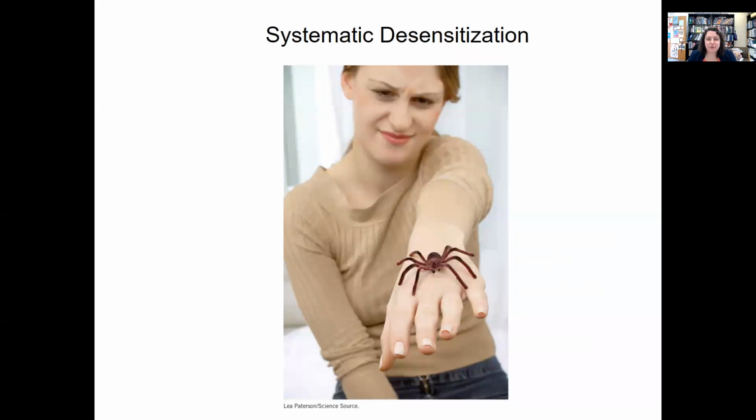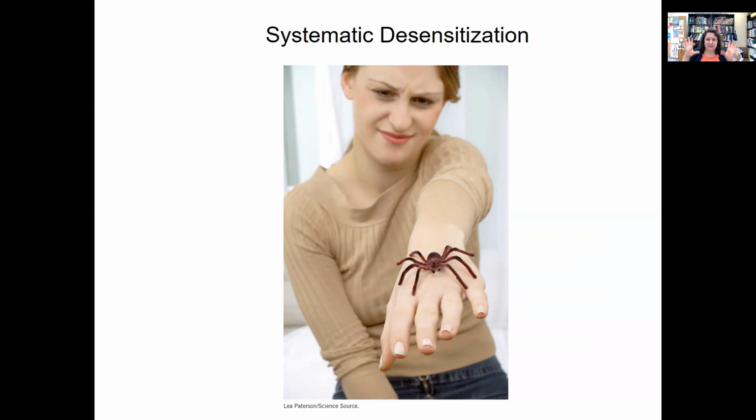One of the ways to treat phobias in particular, but also some other aspects of these other disorders, is called systematic desensitization. So if you're afraid of some specific object or animal in this case, you have the person create a fear hierarchy. Like, what's the scariest thing I can imagine with that? Which I'm guessing this is probably pretty high for this person with the spider on your hand, right? And what's the least scary? And then you work up it.